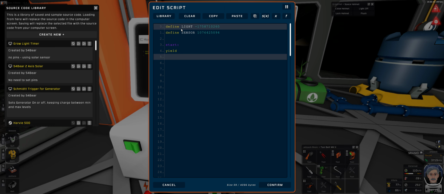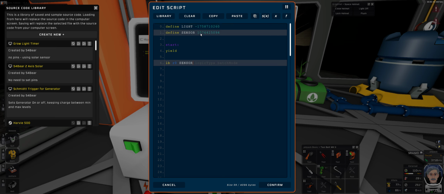And then this is where you'd normally begin by loading into R0 the value of something or other. In this case, because we're not using a pin, we have to read it via the batch method, and the command for that is LB for load batch. So it prompts you. We're going to load it into R0. The device hash in this case is going to be sensor. Now I could just put in that number, this 10746 whatever, but it's a lot easier to read it when you're going through the code later, saying, oh yes, I'm reading from the sensor here, rather than having to look it up. Logic type is going to be